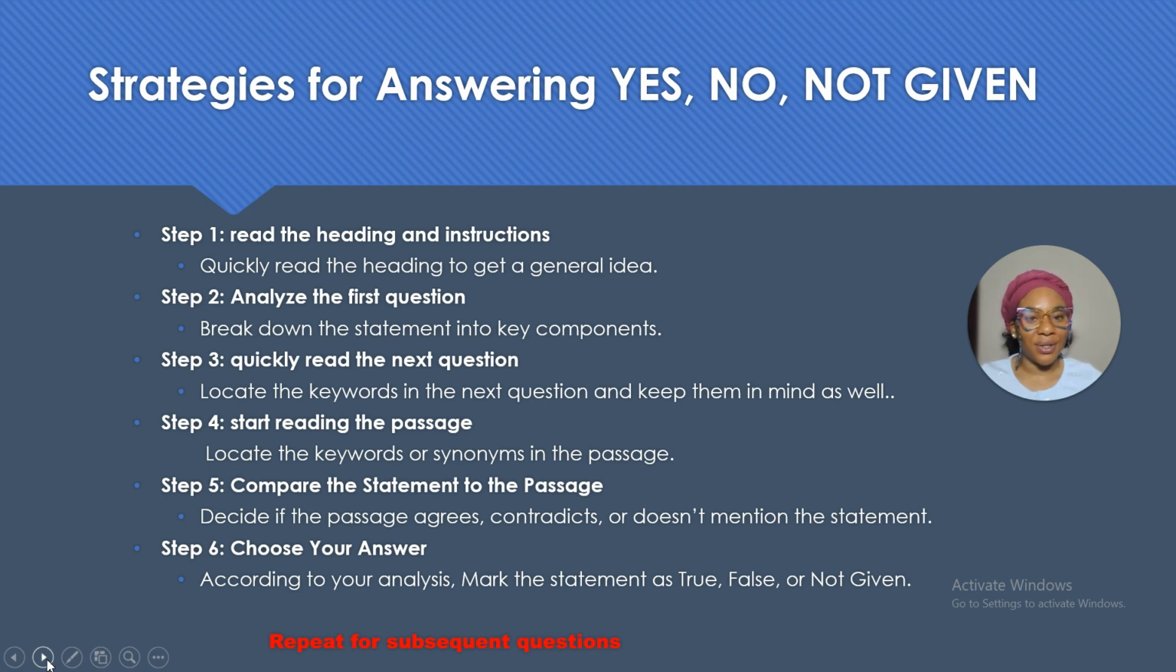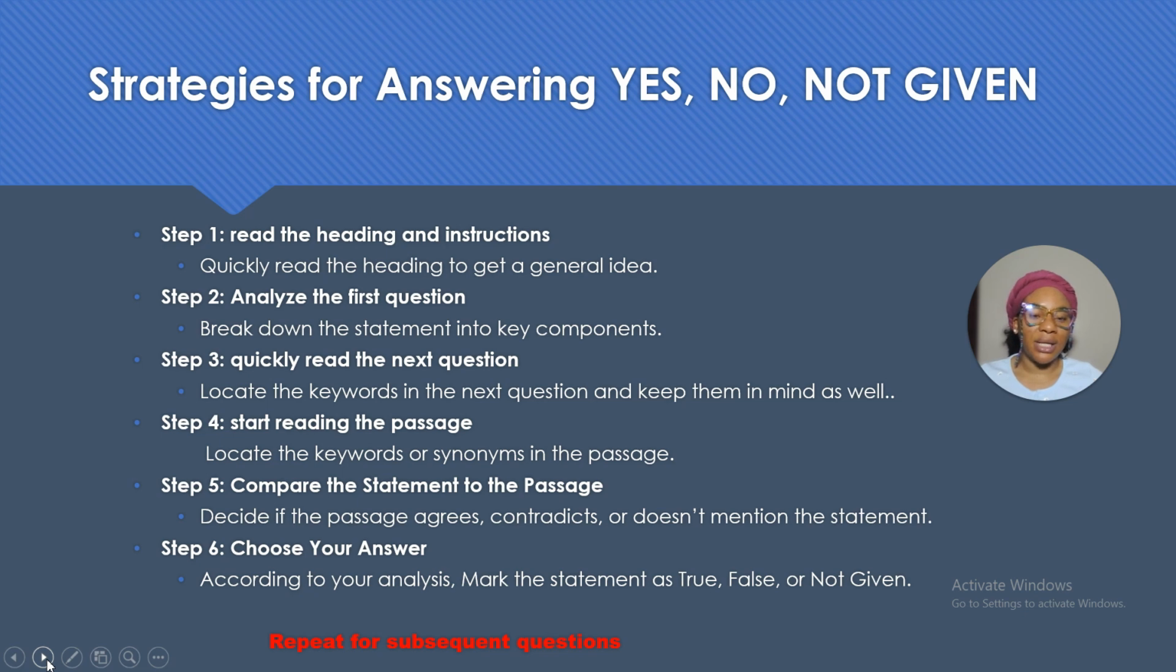Don't read your passage first because, like I said, strategy should help you get the correct answer and save time. So to save time, you must read your question first so that when you start reading, you know what you're reading for. You know what you're looking for, okay? All right, so in step 4, you then go to your passage and start reading, okay? Now, step 5,